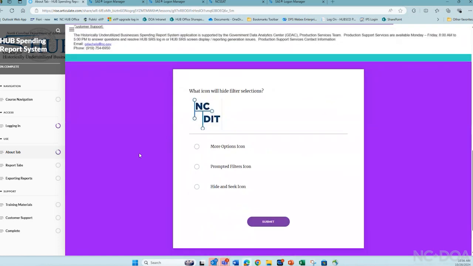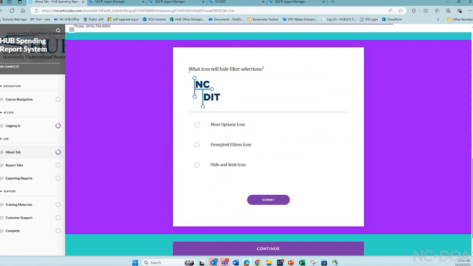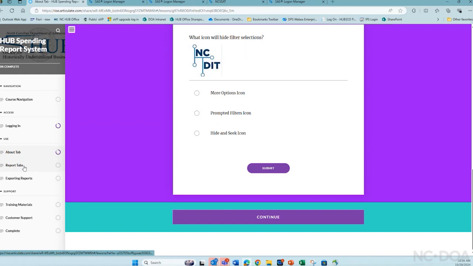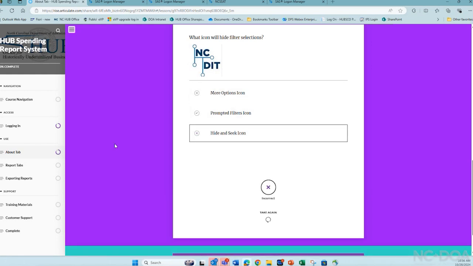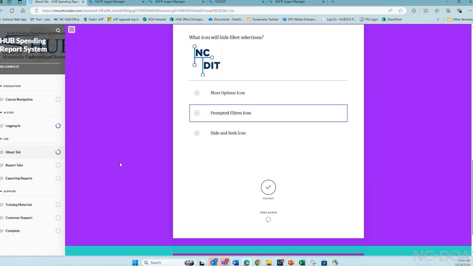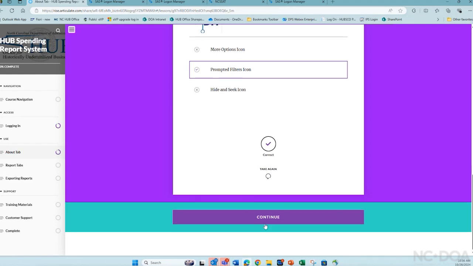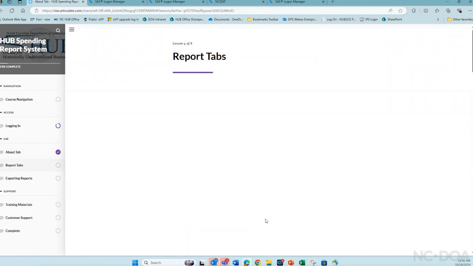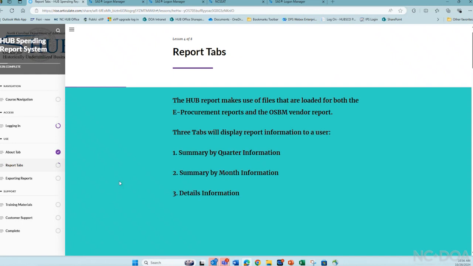As you scroll down, it'll show you some more information, and there are some things where you can do a little quiz. It's not pass/fail. Nothing's going to go wrong if you answer something incorrectly. It's just going to tell you what's going on. So if I answer hide and seek, it'll say that's incorrect, and you can take it again. I could select something else and it says, oh, that's correct. And I can click continue, and it'll take me to the reports tabs, which is where we spend most of our time in SRS,